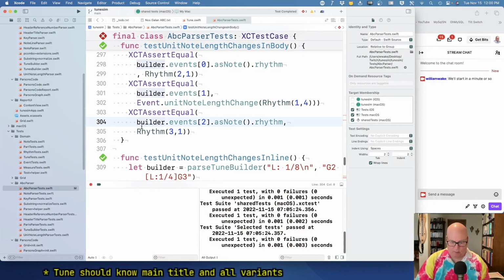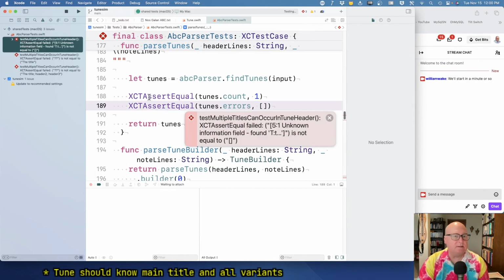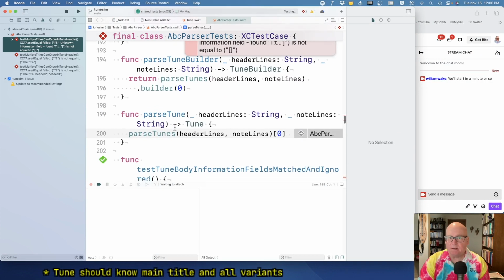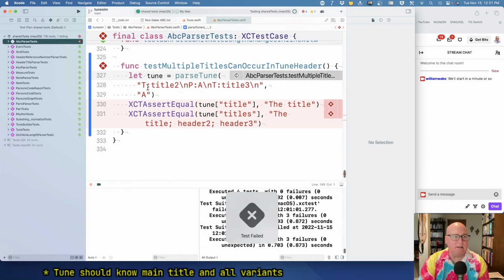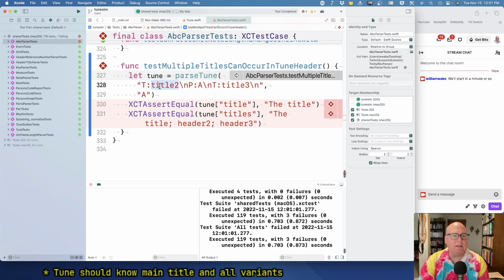All right. We left off with a failing test. All right, there it is. Where's the test itself? Okay, down here somewhere. So the test is if you have a title. Well, the main parse tune puts in a default title, but you can put secondary titles, and we put a secondary title, a part specification, and another title. And we want to make sure that our tune has a string attribute that we look up with this key. One key is title, and that gives us the primary title, which you don't really see here. And then the second is titles with an S on the end that gives you all of the titles